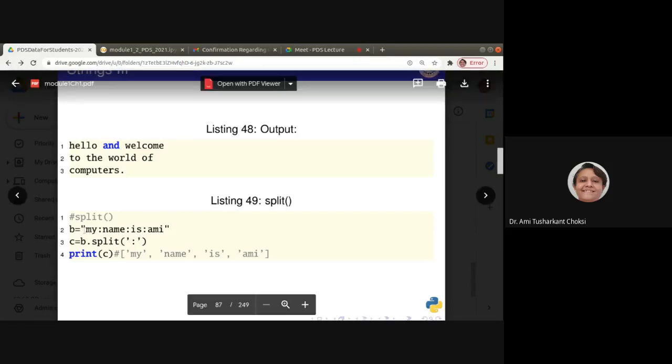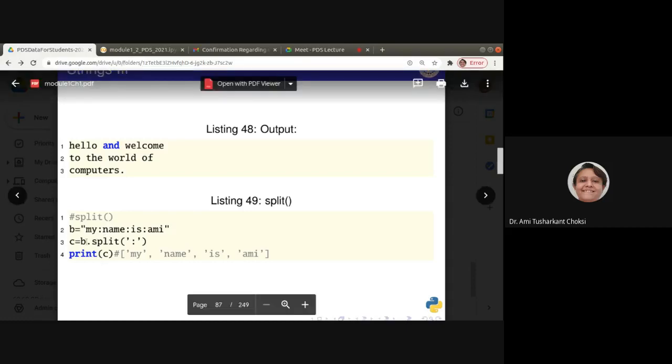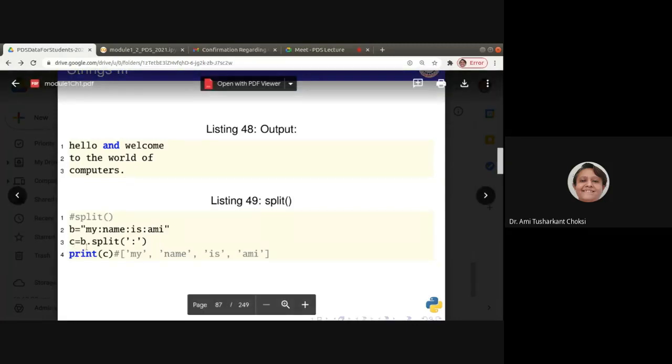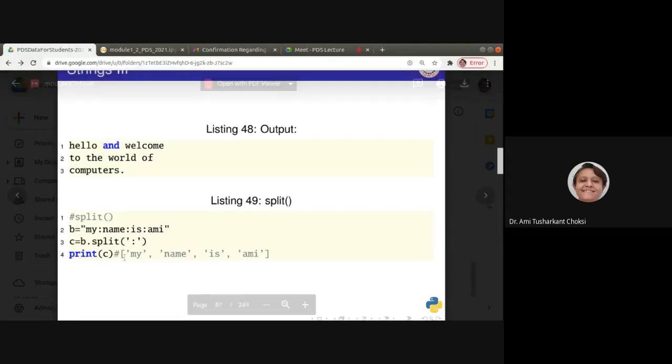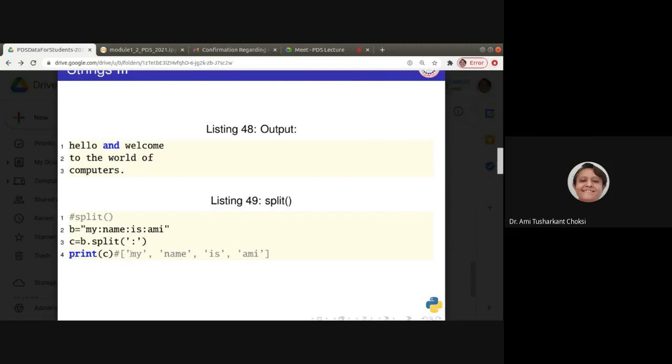Here the words are separated with the colon, and that's why we want to split on that colon and get the strings. So for that we can say C is equal to B dot split. When we print it, it returns a list of strings, and that is, say, my name is Ami.